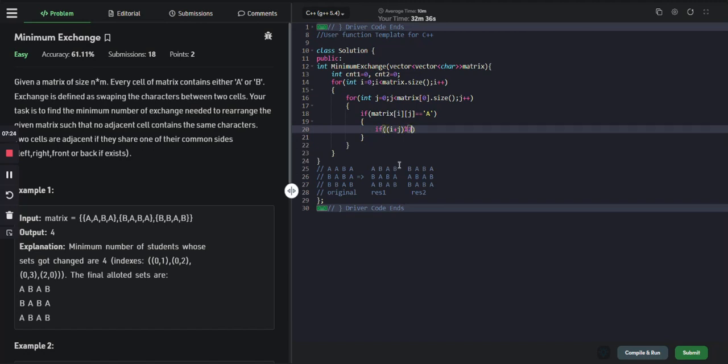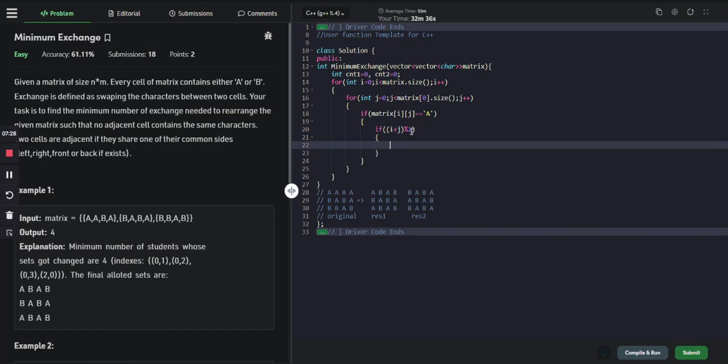So in this if condition, if I plus j mod 2, that means if this is odd and I am having A at that place, then I need to replace here in this result 2. So here I can just say that count 2 should be incremented,